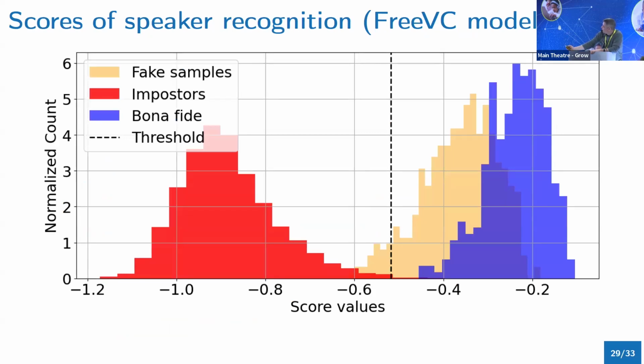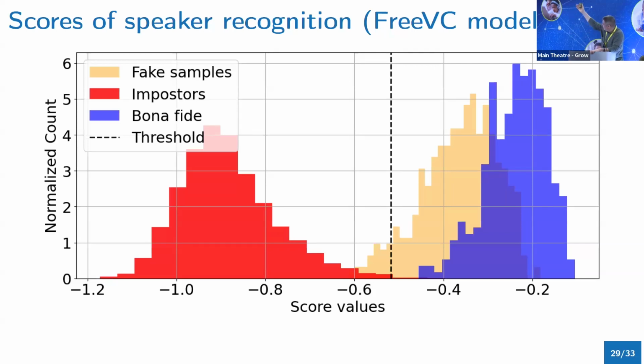I don't know how much you're interested, but the blue column, this is what we call bona fides. So these are real examples. It's like Gary claiming to be Gary, so he's in the blue category. The red one is Kate claiming to be Gary. They're both real, but they're supposed to be detected as being not Gary, or not Kate, or whatever.